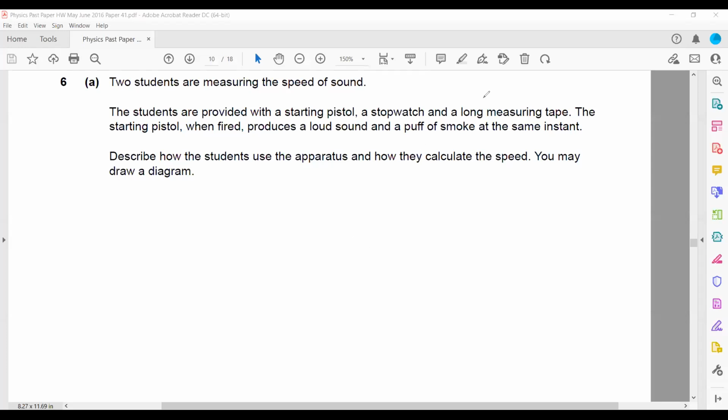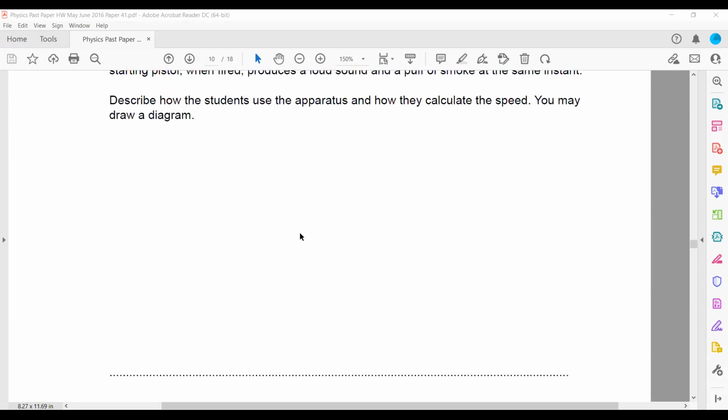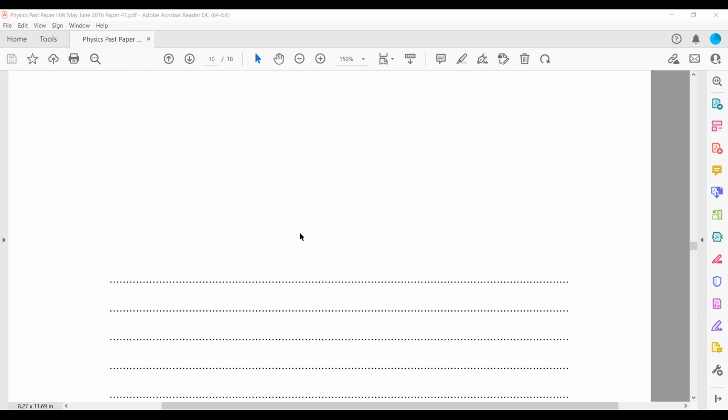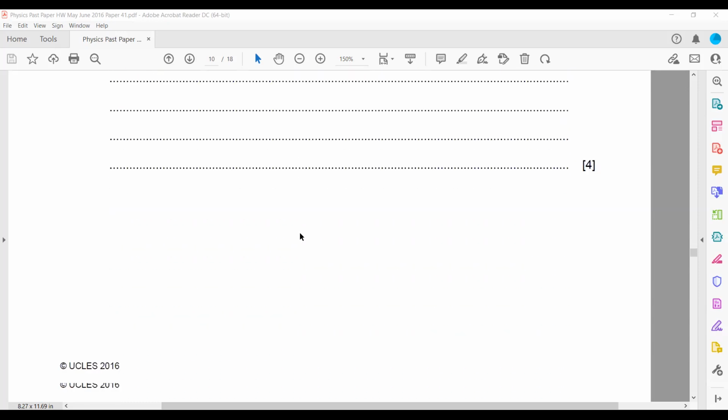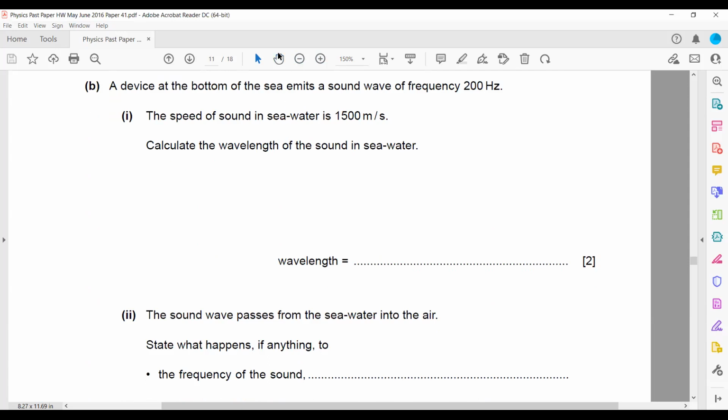So this is the same experiment which you have to write. And you may draw a diagram. To explain your answer, you can draw a diagram as well. Then in part B, a device